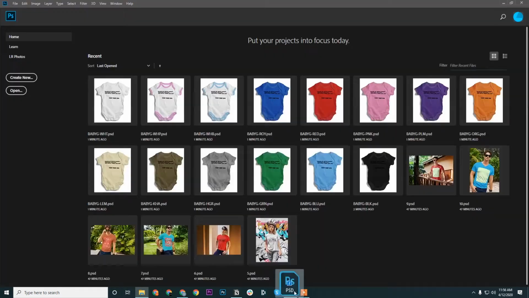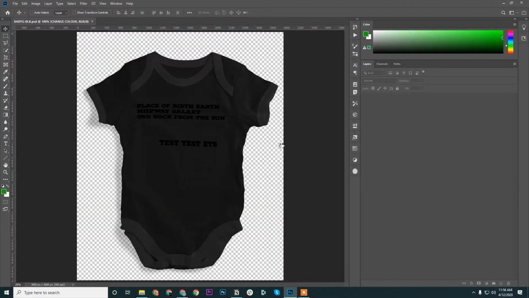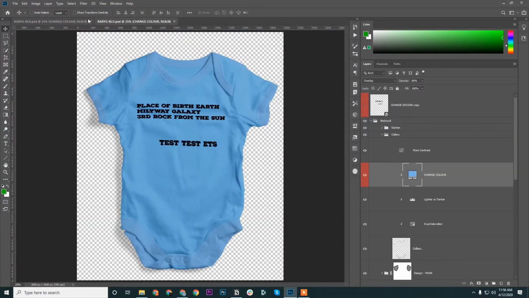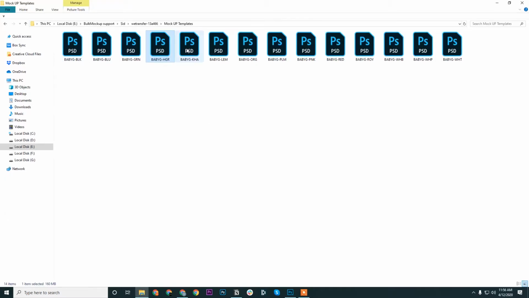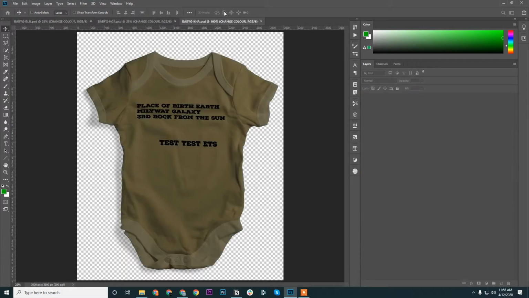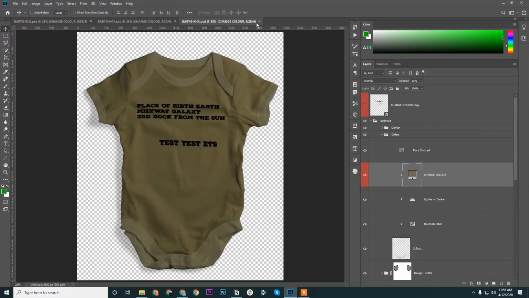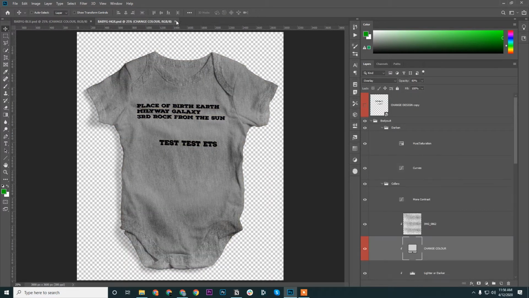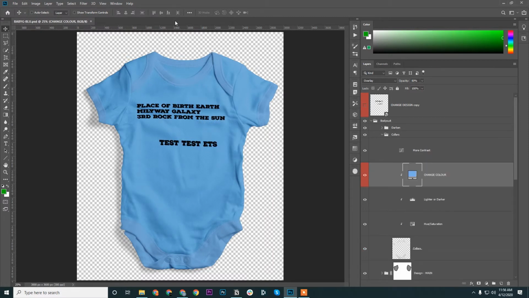When I open your mock-up, this is a thing that I did notice. Let me just close this black one. I guess you have changed the color and saved into multiple files, because everything has the same design. Yes. So you have changed the color and saved into multiple files. I'll show you the issue in one file and then you can fix it by yourself.